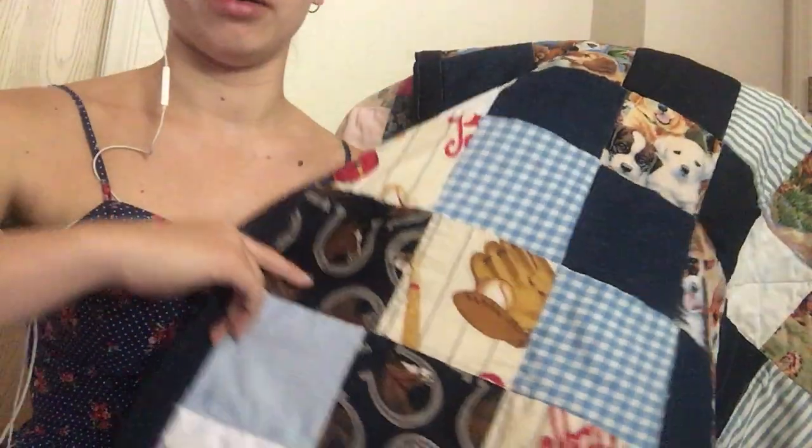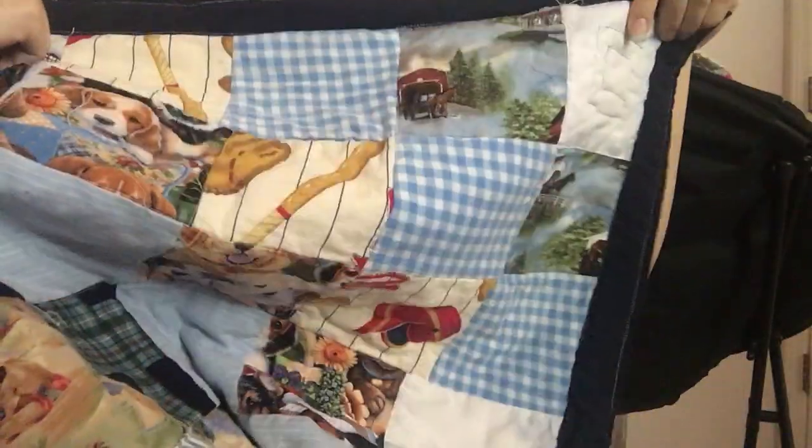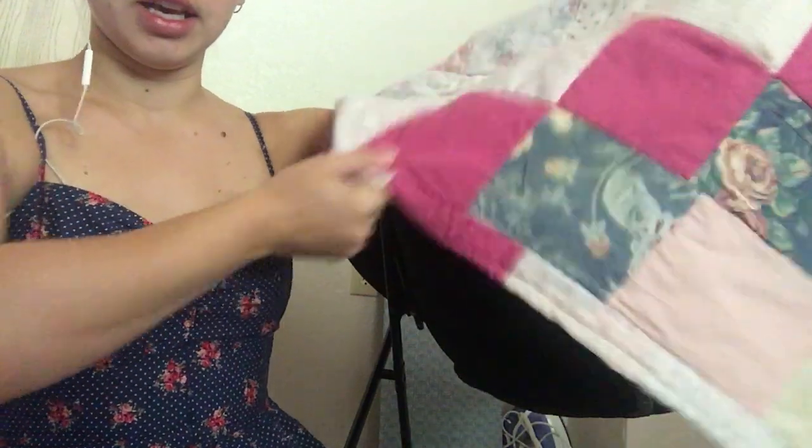This one took me about 4 days. It is smaller. I can't really show all of it on camera. This one is a lot smaller. She's about a year old, and you could actually see that I started to run out of different colors right there and there. But I kind of tried to make it look like they're all touching at the corners, of the same style, and I made a little dress and a little shirt out of the scraps for the child, actually. And then the edging,